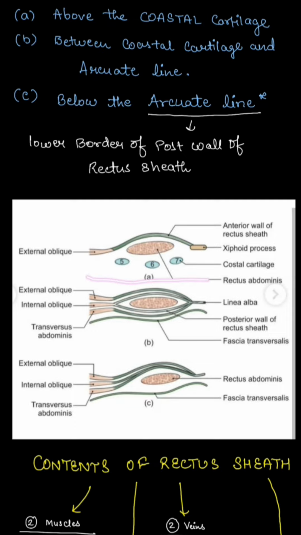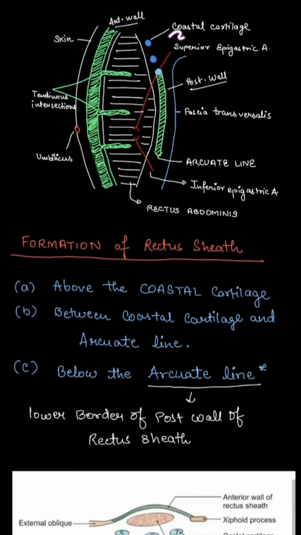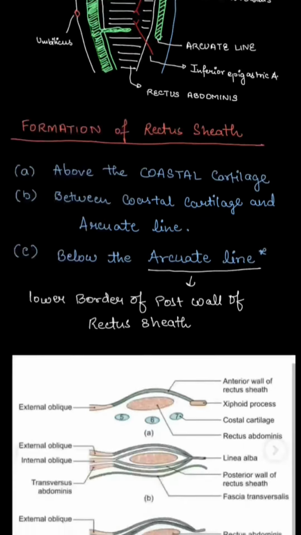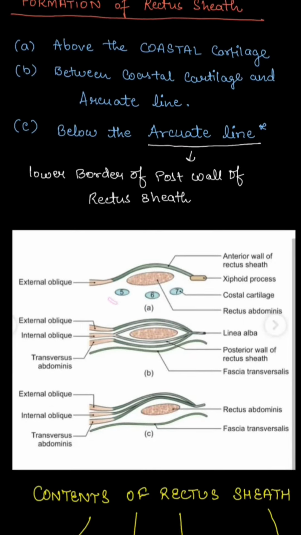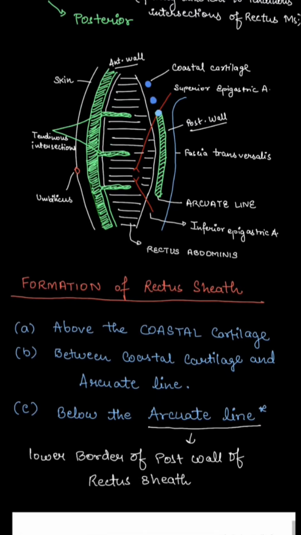First, beginning with above the costal cartilage. You can see in this diagram that here there is no abdominal muscle present. So definitely the posterior wall will be formed only by the costal cartilage. Only the costal cartilage forms the posterior wall. The anterior wall is formed by